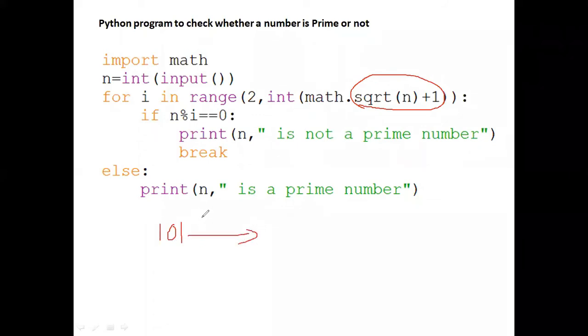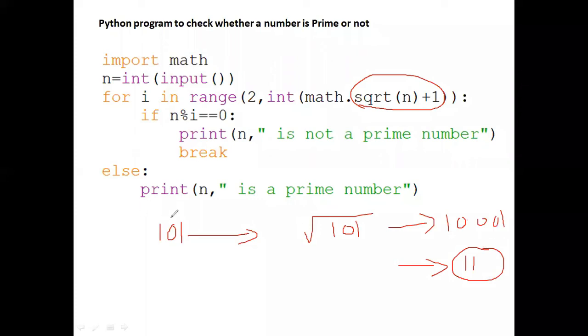For that, I am going to find the square root of n. So what is the square root of 101? Square root of 101 is maybe 10 point something. Okay, 10.001, let us assume. For that you are going to add 1, so 11. You convert it into an integer, we got 11 as the answer.